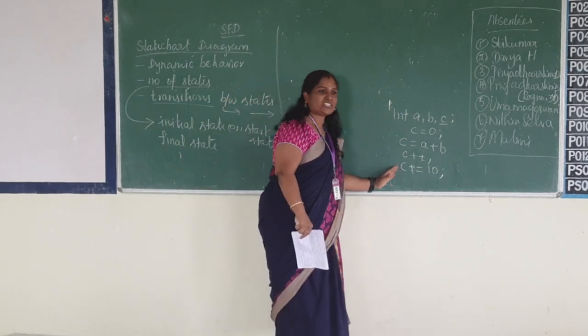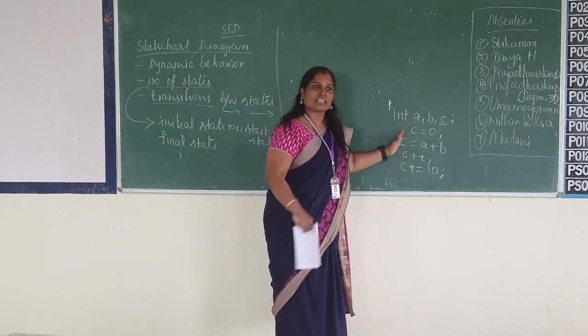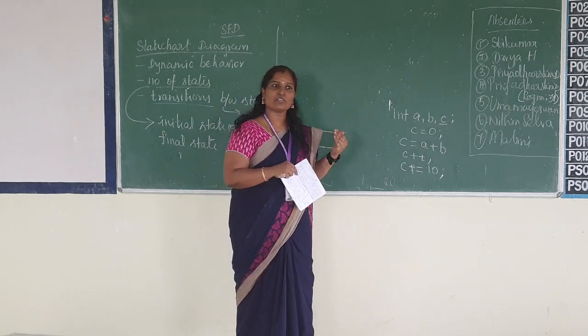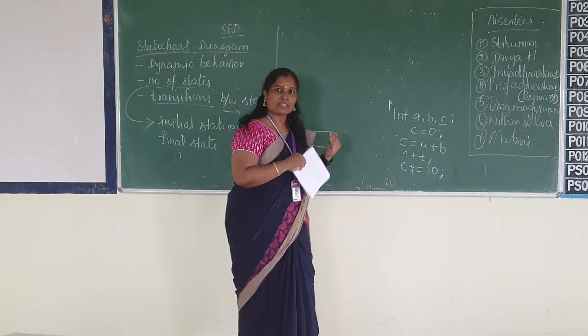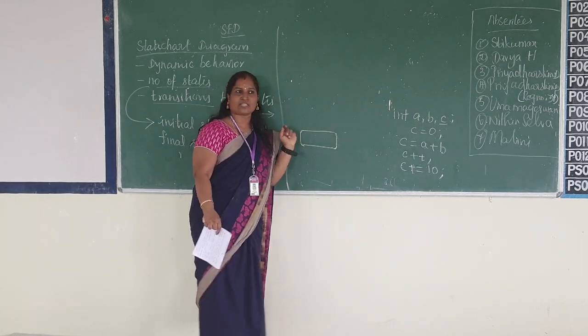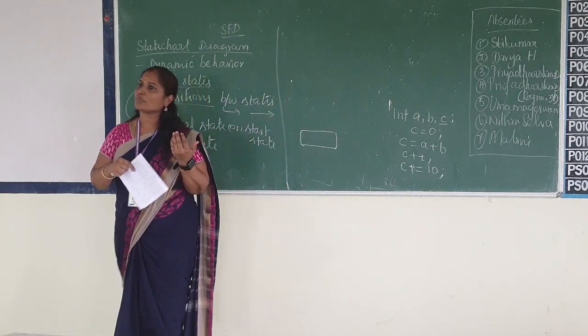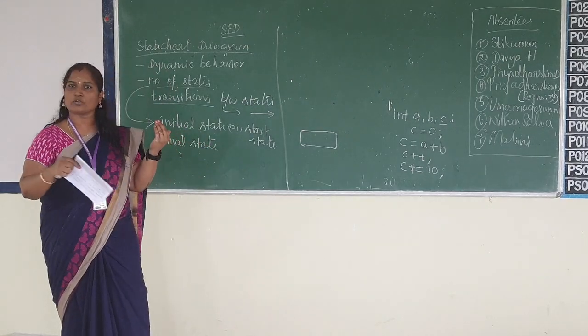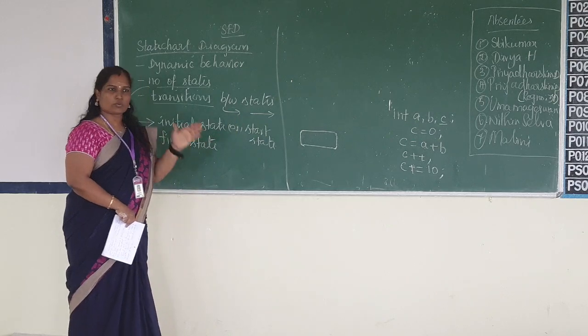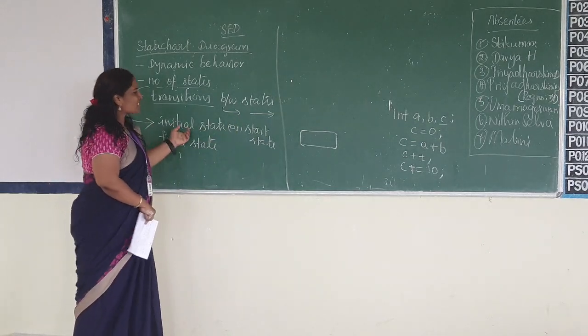So what are all the changes that have taken place on C? C value is getting changed dynamically, and that should be represented by the state. When I consider one state, that state could be changed as and when the process takes place, C could be changed. So initially what is given for C is the initial state.